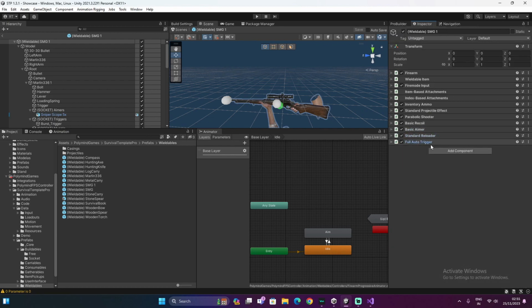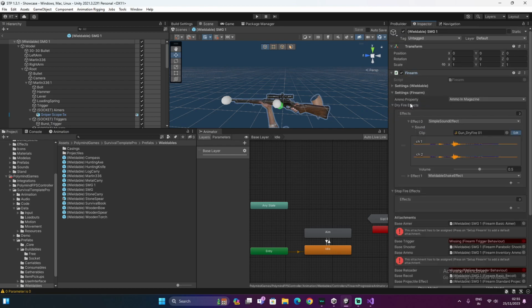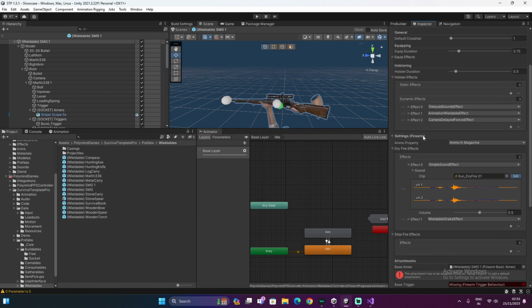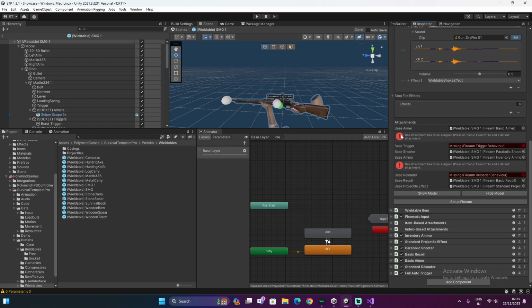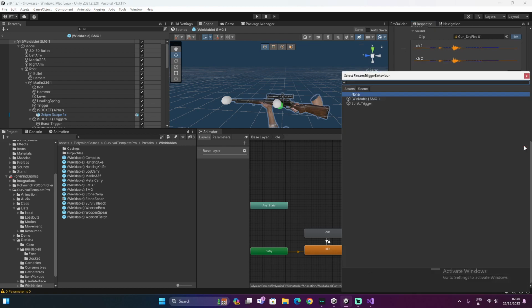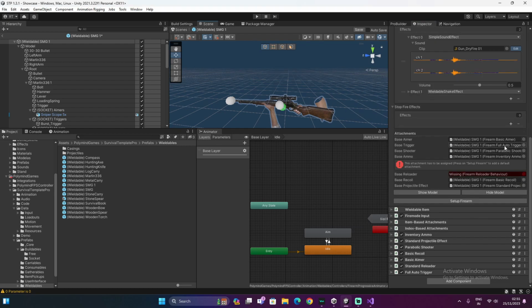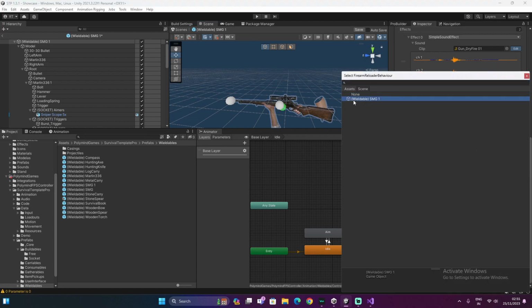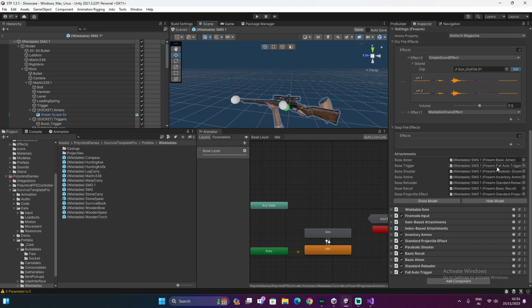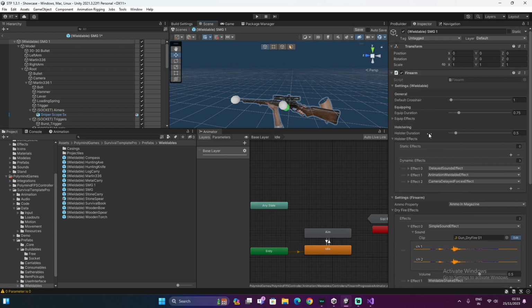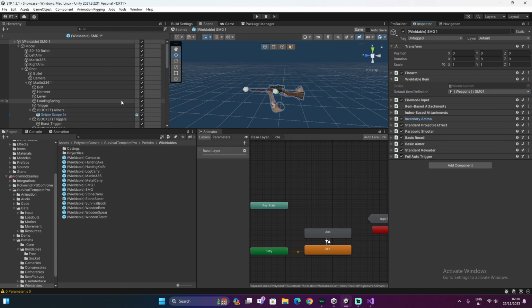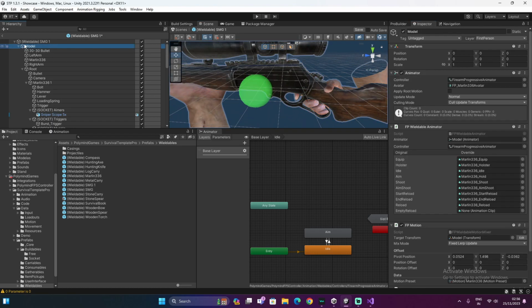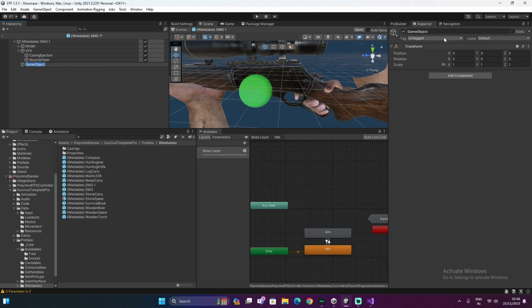And go to the firearm script now, and first of all, in the script you will see attachments. Here you need to assign the reloader again and also the trigger, so we assign the reloader and the trigger. And after that we'll go to build level item. Here select the SMG1. Then other than that, go to the create an empty object here, call it model 2,